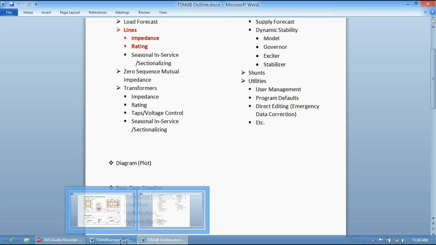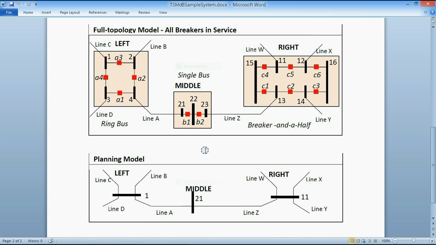Now one more discussion needs to be held here. I ran into one of my former co-workers a few weeks ago who told me that NERC has started making a lot of noise about making the planning model the same as the operating or EMS models. So I got these two pictures from a PowerWorld integrated topology processor document. And they point out that, for example, the full topology would look like this: maybe a ring bus,